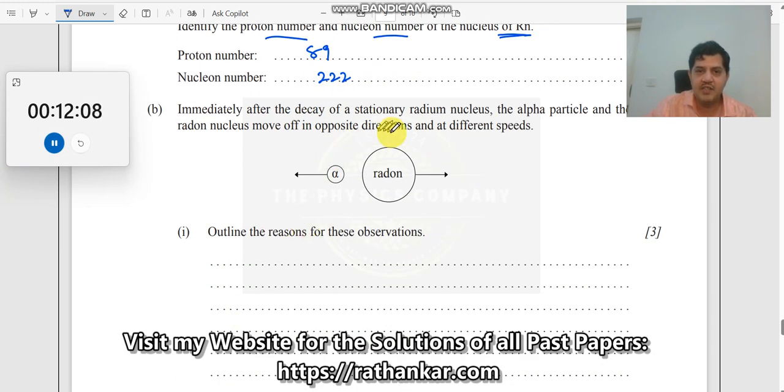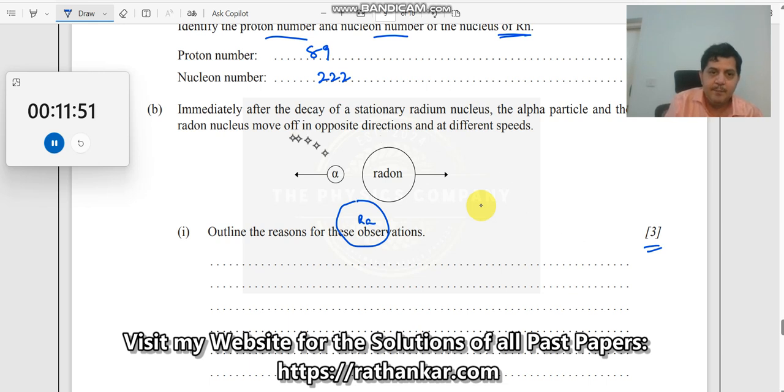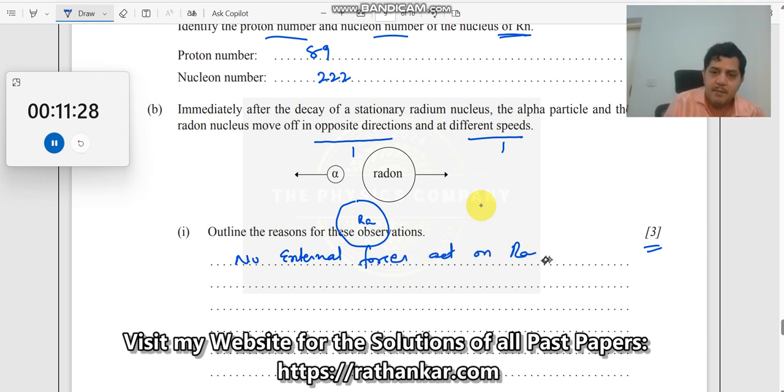Immediately after the decay of a stationary radium nucleus. Okay, so initially you had a big nucleus which was radium. Then the alpha particle and the radon nucleus move off in opposite directions at different speeds. Outline the reasons for these observations. So this was 3 marks. Read the question carefully. You say that both the particles move off in opposite directions and at different speeds. So you have to give 1 mark here, 1 mark over here. Okay, this is nothing but from the conservation of momentum. So what does it tell you about the conservation of momentum? The first thing is that no external forces act, right? No external forces act on radium, but still